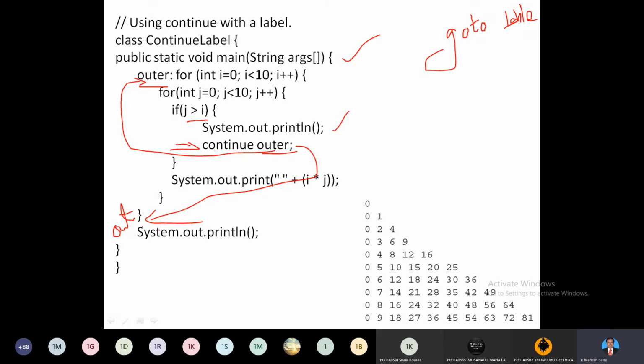Think that you are in very inner multi-level nested loops. In that situation, if you want to come out of all the loops at a time, if you mention break, only one loop will break. If you mention continue, the next iteration follows. But I want to come out of all the loops at a time. At that time I can use the go to statement.